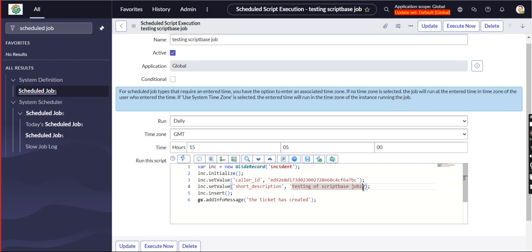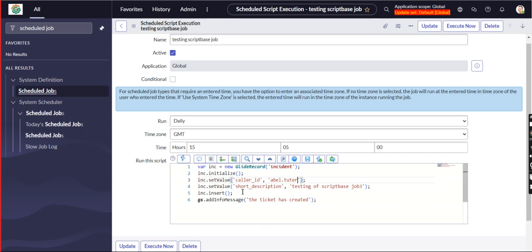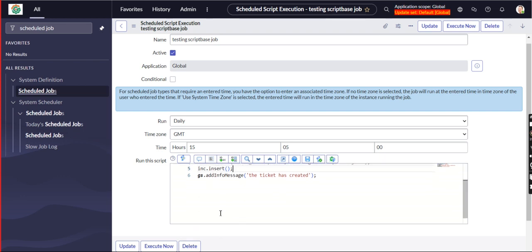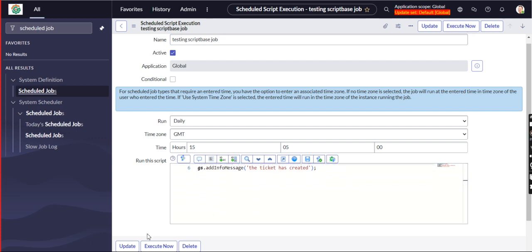Just have a look. Job 3 and caller id is able dot tutor. Insert method, initialize, current dot sysid.